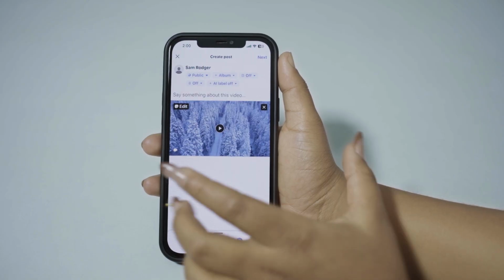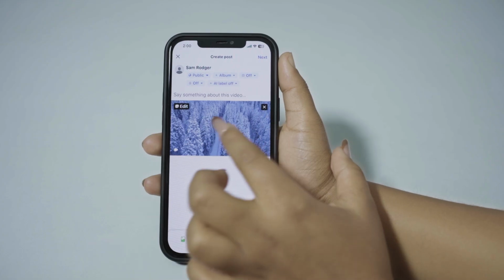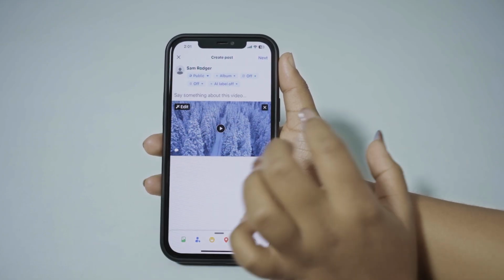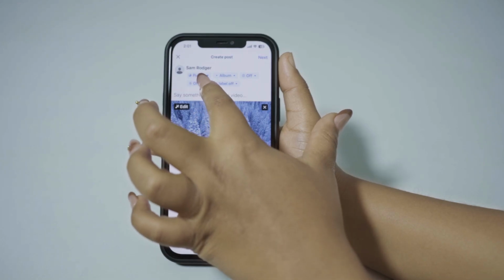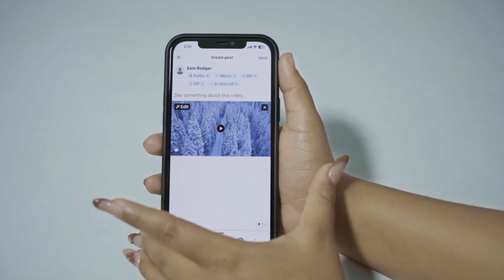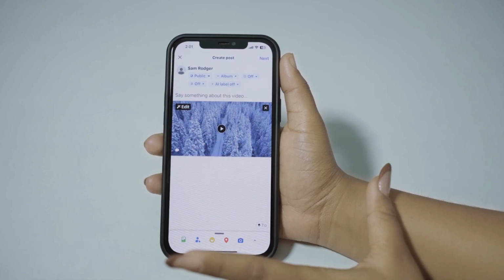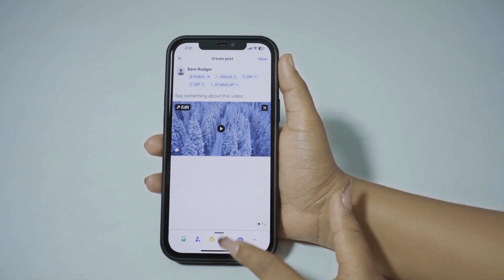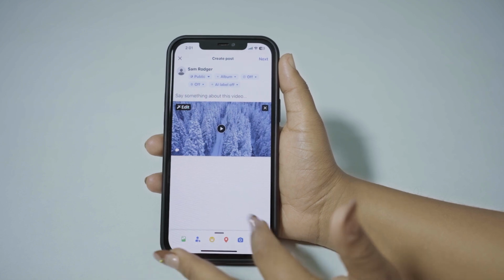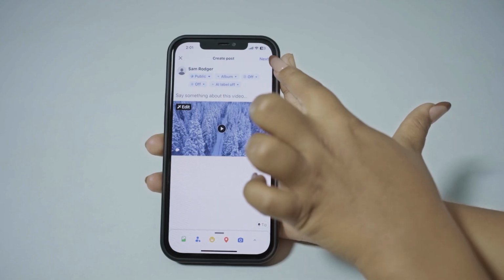So after doing that, here you can simply add any caption about the video if you want, or you can simply tap on edit if you want to edit this video. Here you can also get many options like public, add album, or if you want to upload it to Instagram or not, or if you want to add an AI label on it or not, or anything like that. Here you can also add how you are feeling about this post and many more. So when you are done with everything and when you're satisfied, all you have to do is tap on next right here,